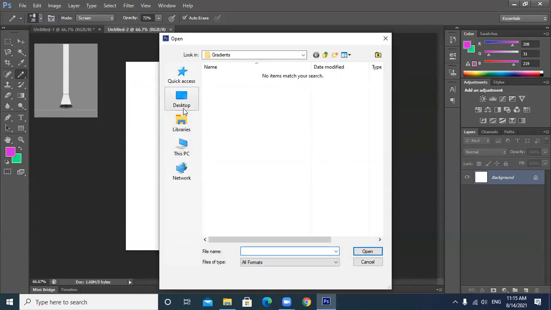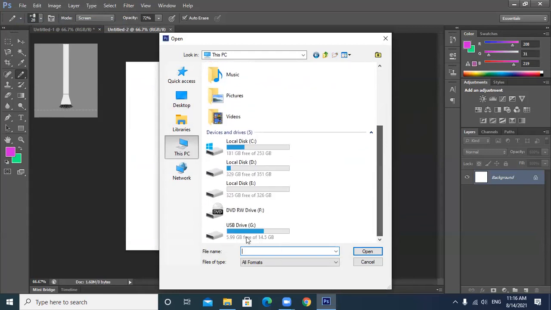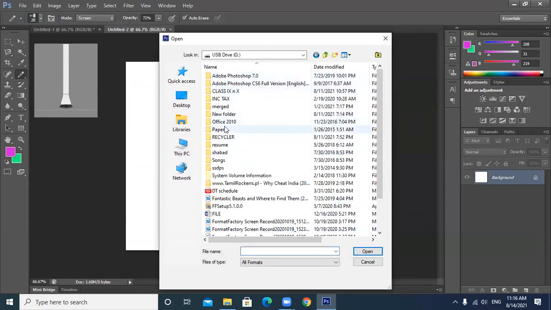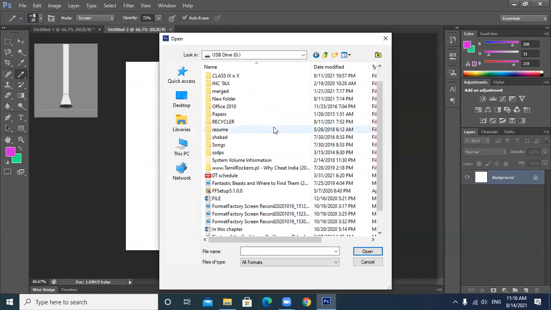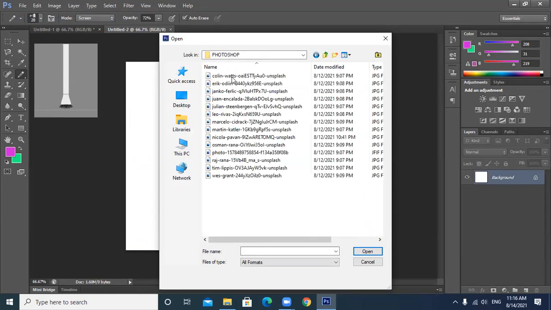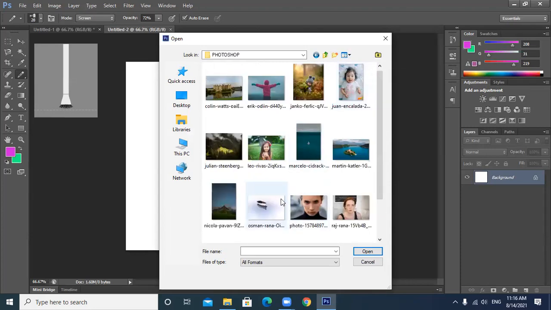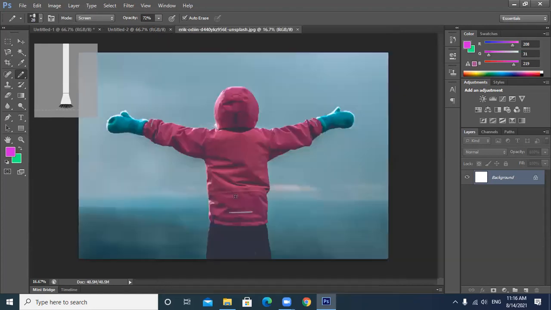Let's say, let me open one image. Okay, so if I'm taking this image now, see, it is showing at 16% because this is a very huge image.